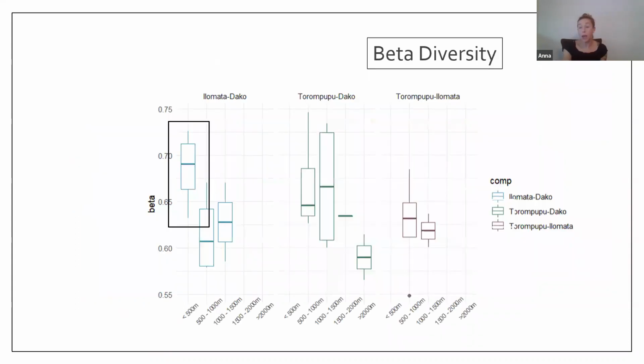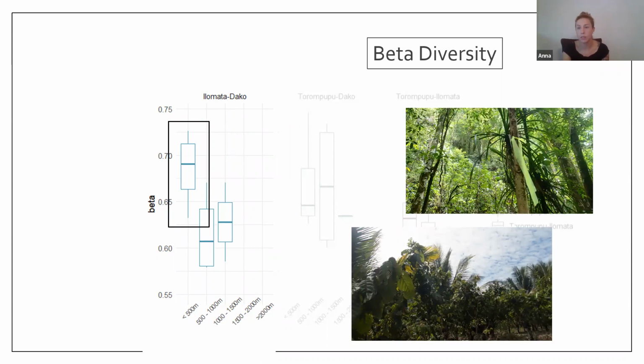We can also look at the beta diversity values and ask a similar question. Are there differences across these mountains associated with habitat that's pristine versus habitat that's degraded? That's a pretty intuitive thing that would happen, but the results do reflect that. This is comparing Ilamata and Dako, and the low elevation sites on those two mountains are the most dissimilar from one another. This is again associated with that habitat shift that's happening. On Dako, the lowest elevation sites are in this mixed agroforest system, while on Ilamata, those sites are in primary forest. So you're having a large shift in the communities that we're finding, dependent on the conversion of the habitat that's occurring.